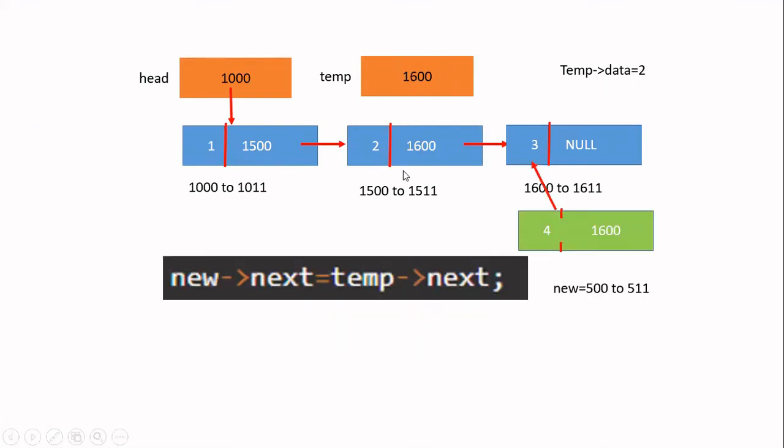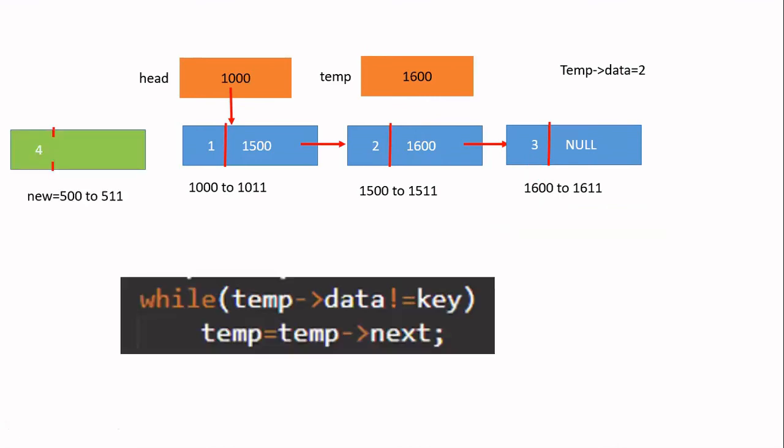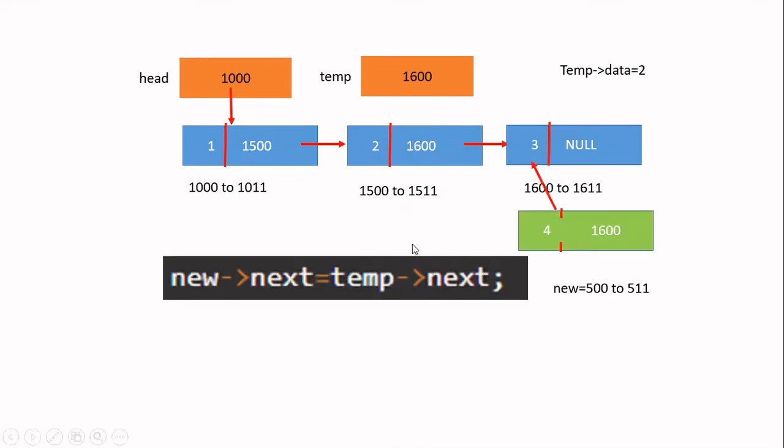What you have to do is, you have to make this new node to be inserted after this particular node. Okay, so now try to understand this step. I am coming outside the loop because I want to insert after 2. Now it is true, so I am coming outside the loop. Then what I have to do is, I have to make this new node point to this 3, because I'm going to insert this new node after this 2.